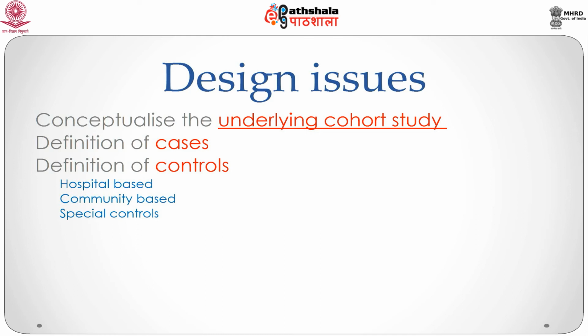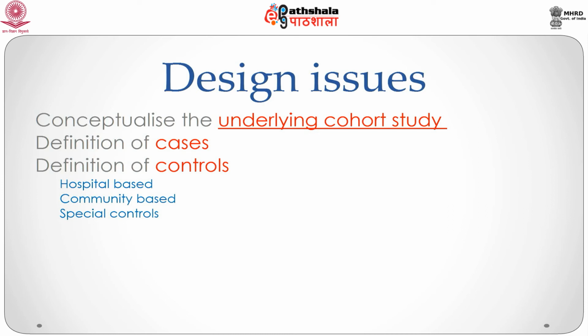To this end, note that we can have hospital-based controls. So for example, if our disease is cancer, we may choose to select our controls from some other ward at the same hospital. So say for example, the injury and the trauma ward is a popular choice. We could also have community-based controls where we sample not from the hospital but go to the general population. So this is perhaps more generalizable but of course logistically more difficult.